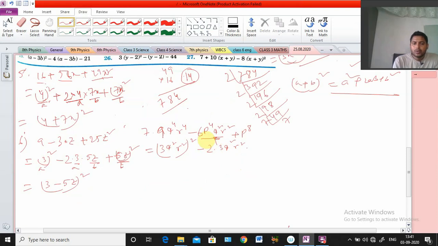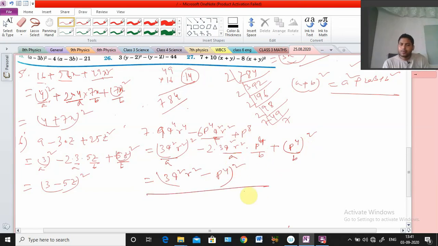Okay, so 6 we are already getting here, and q square r square also, so that is a, and b means what, sir? B means p square, no? Clear? Why? P square or p to the power 4? P to the power 4 will come, yes, because p to the power 8 was there, so here p to the power 4 whole square will come. Now see, this portion is a, this portion is b, so a square minus 2ab plus b square. Okay, clear? So that means 3 q square r square minus p to the power 4 whole square.